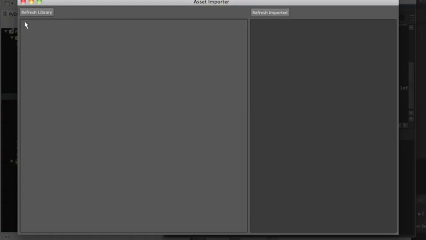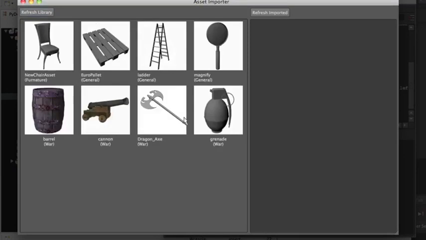We've got our title, asset importer, we've got this button that says refresh library on this side of the screen, and we've got the refresh imported on this side of the screen. So what we want in this list, in this view, is to get all of our assets so that we can actually import them. And in this list, we want to see everything that's been imported. And if I hit this now, it's pulling up all our assets, right? It's pulling them off of the asset location that we set earlier because we